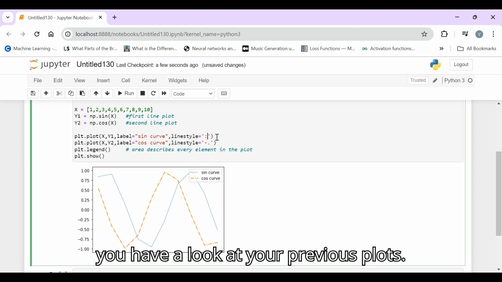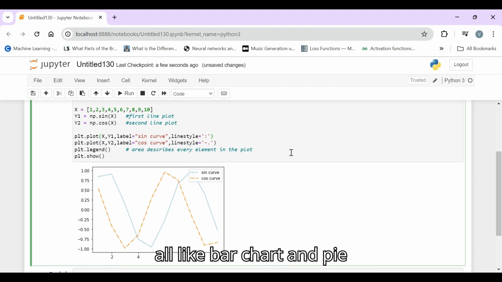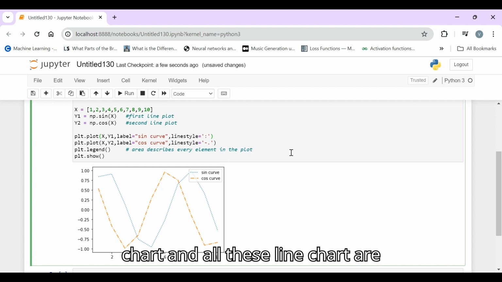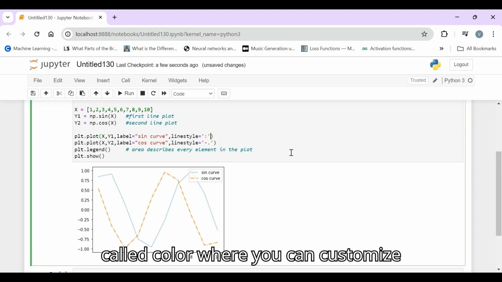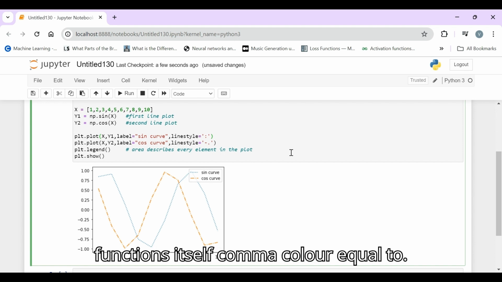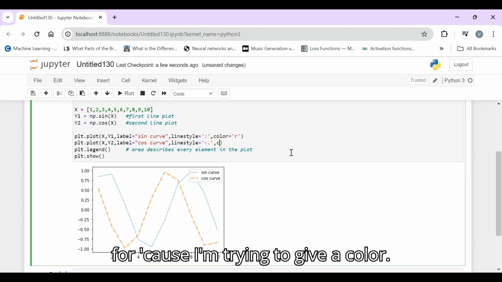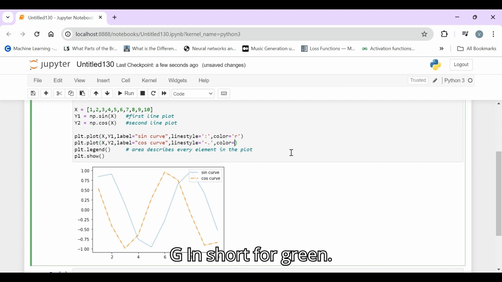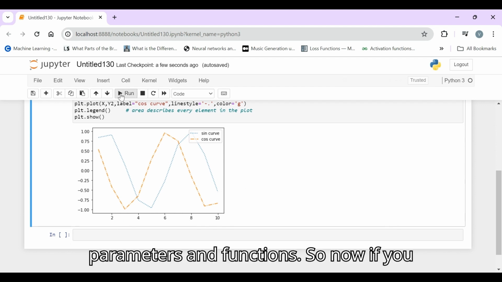And as usual, if you are aware of previous plots like bar chart and pie chart and line chart or scatter plot, there is a parameter called color which you will be calling within these functions itself. So comma color equal to, let me give a red R. For cos, I'm trying to give the color G, short for green, just to make you familiar with all the parameters and functions.